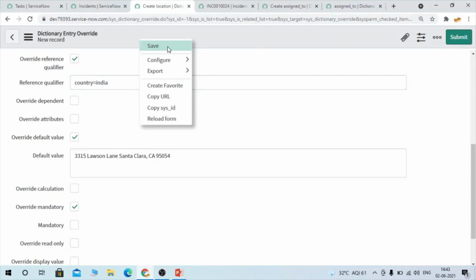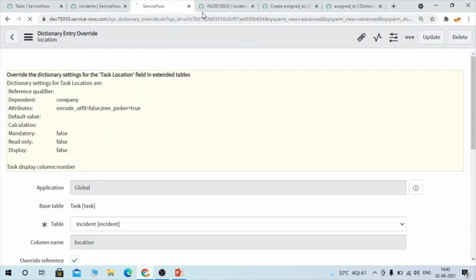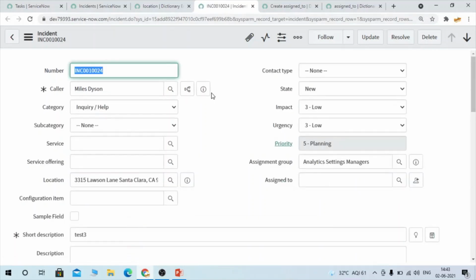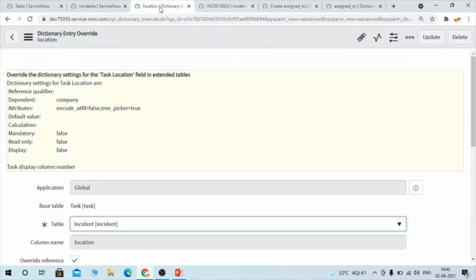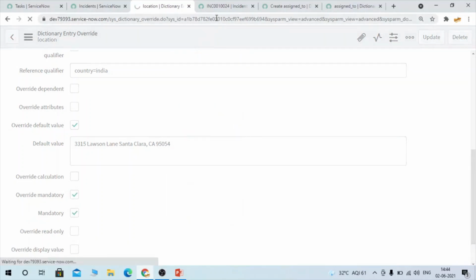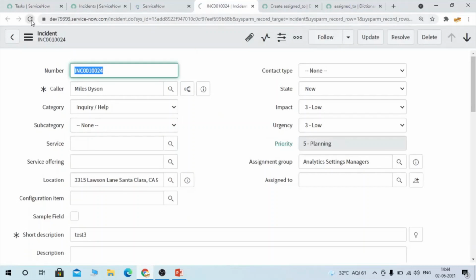So you can save it. We have overridden mandatory, so let's save it and now refresh it.